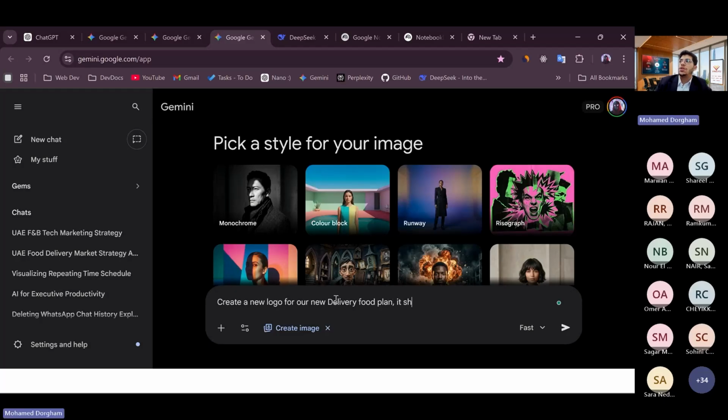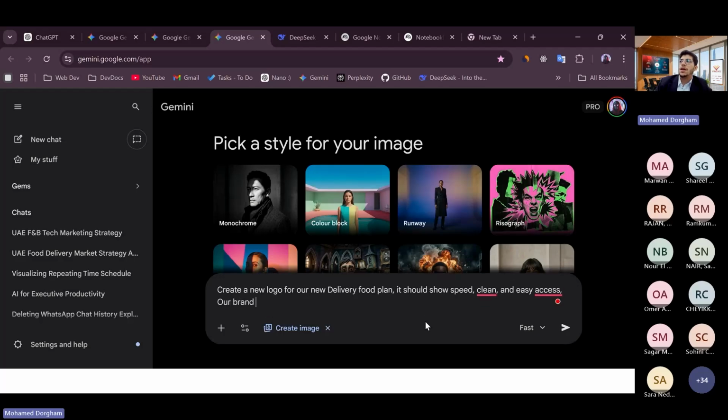It should show or highlight speed, clean, fast, and easy access. Our logo or our brand has the following initiative.